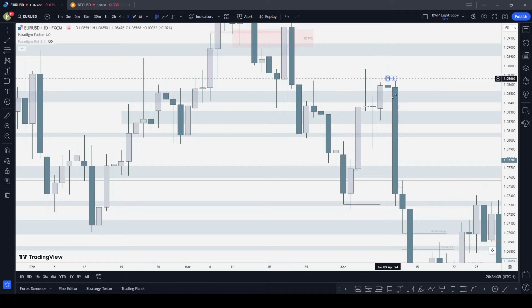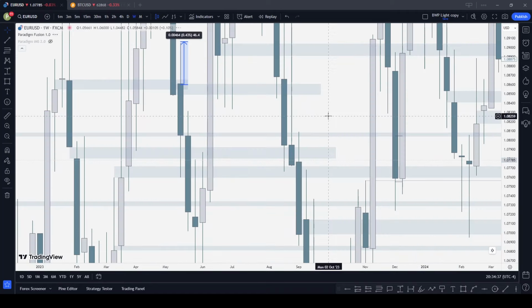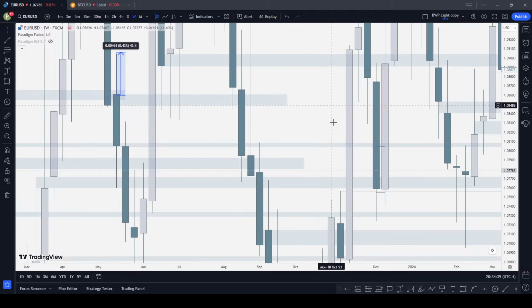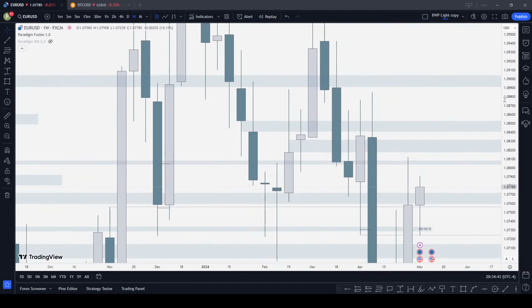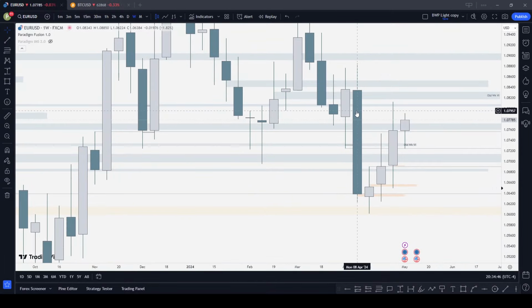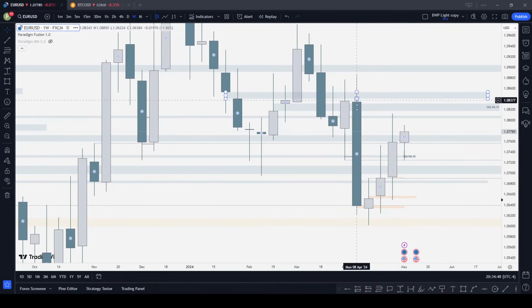So you can see that even on this day, let me go back to the weekly. So this is the candle. This is April 8th. You can see the same thing playing out on the daily. There was a long here, you could have targeted this high